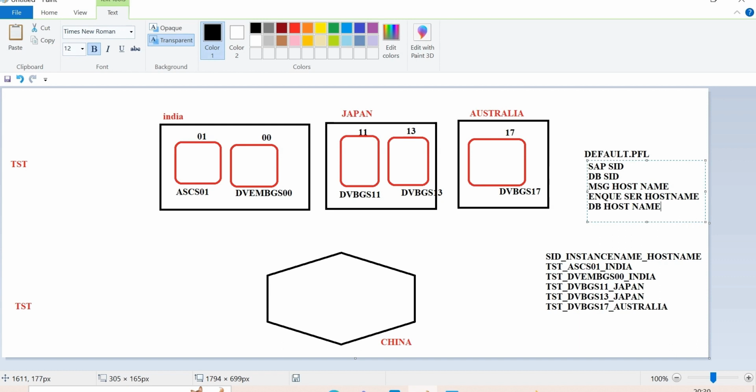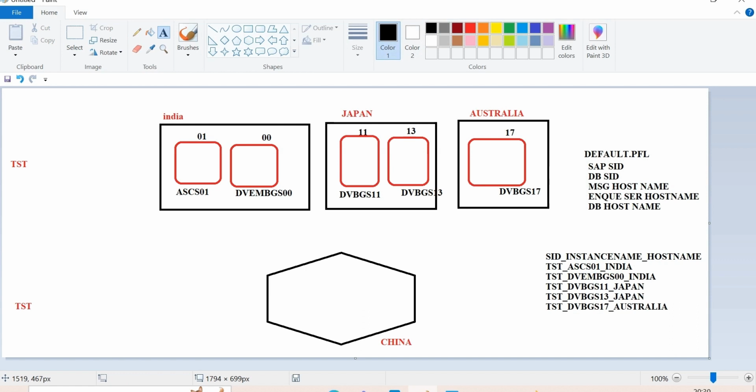Clear? Yes, sir. Now coming to the instance profile, TST underscore ASCS01. What information am I having here? My instance number 01, instance name ASCS01, and the instance host India, and message server and enqueue related parameters. When it comes to DVEBMGS, instance number, instance name, host name, number of dialogs, updates, backgrounds, gateways, spools, and the physical memory.